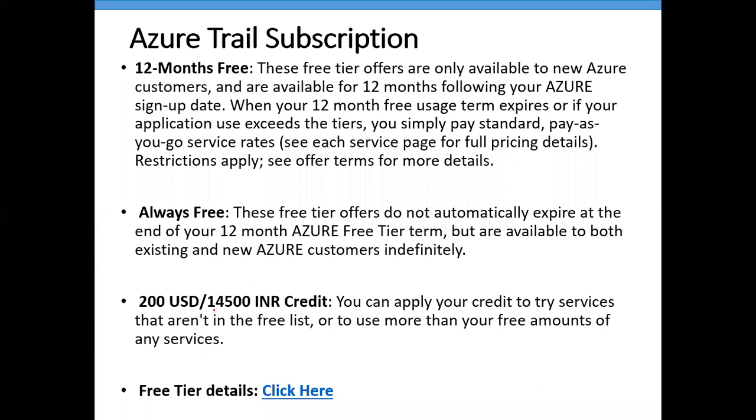If you're from India, you will get a credit of 14,500. If you're outside India, you will get a credit of 200 US dollars. You will get this credit for the first 30 days.